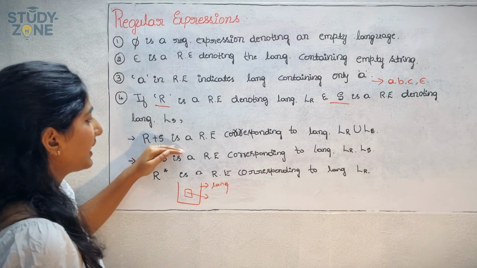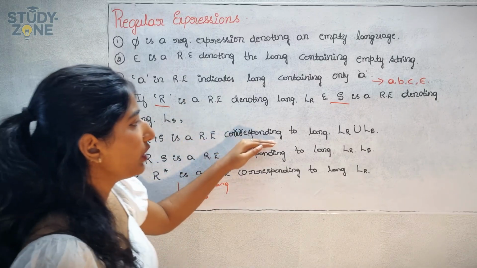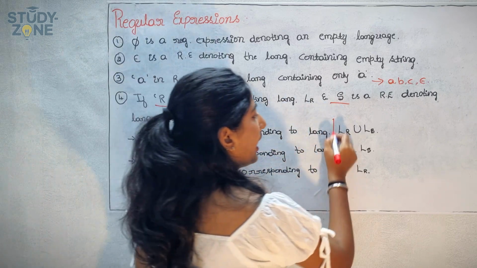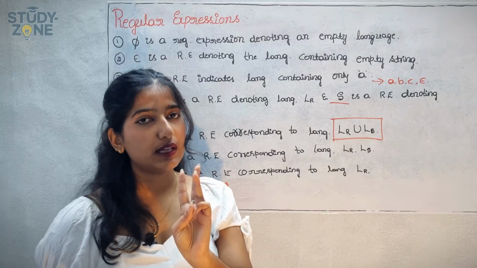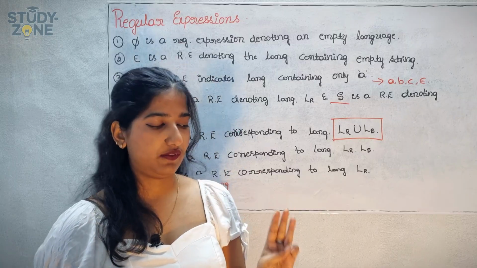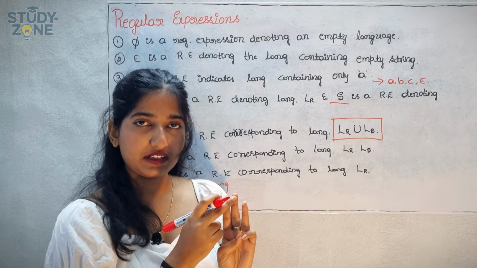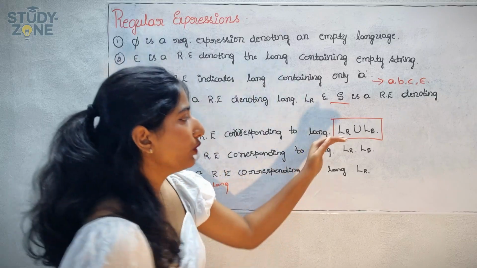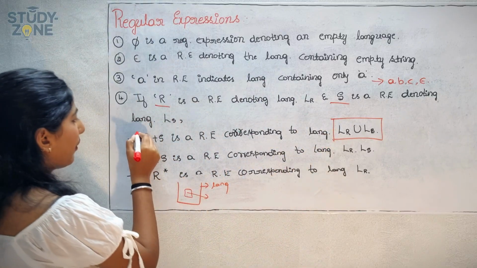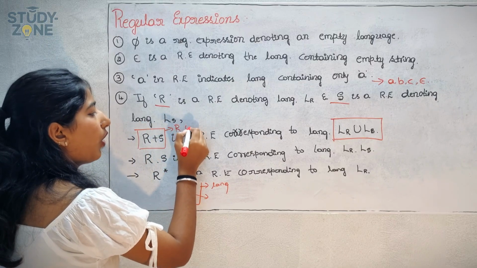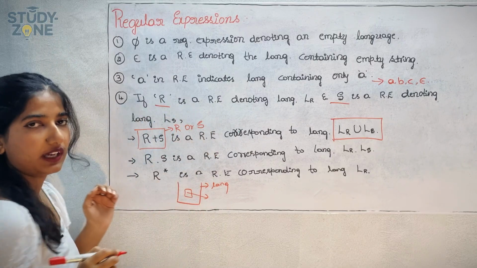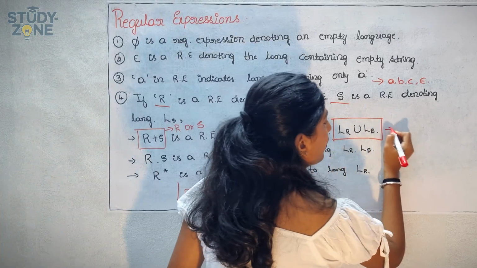Then R plus S is a regular expression corresponding to language LR union LS. Remember this one, there are three basic operations in regular language. They are union, concatenation and closure. Union is represented with the help of R plus S, which means R or S. Okay, so the first operation is